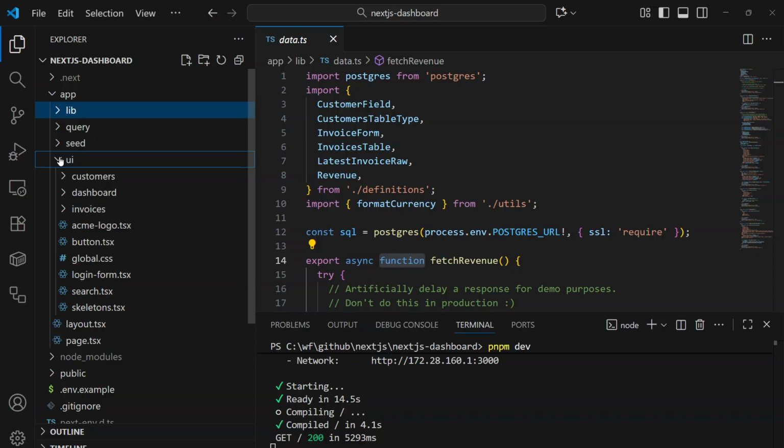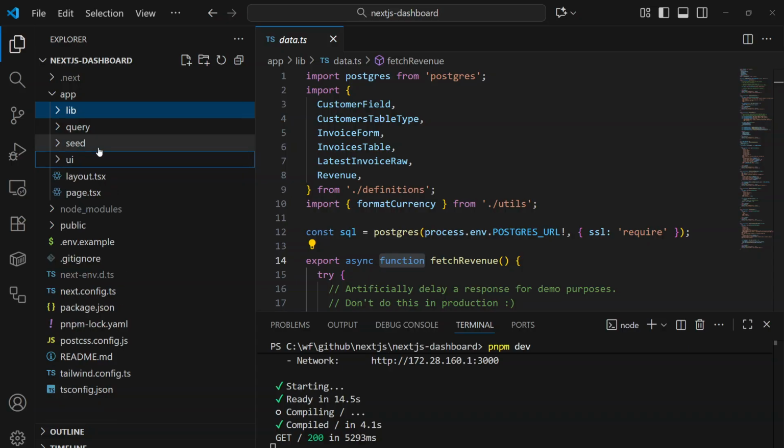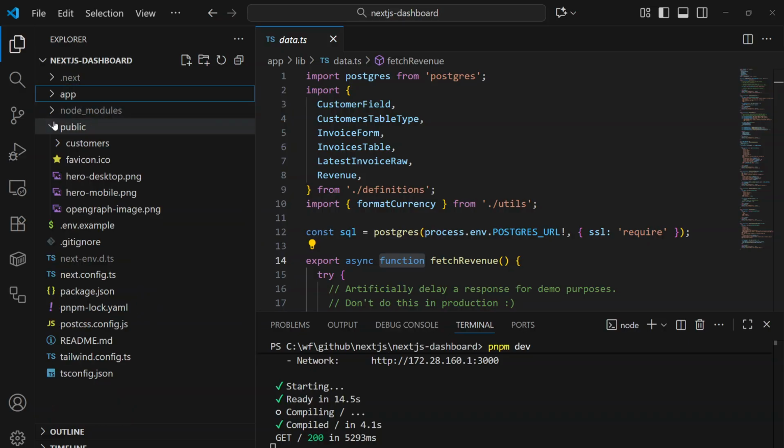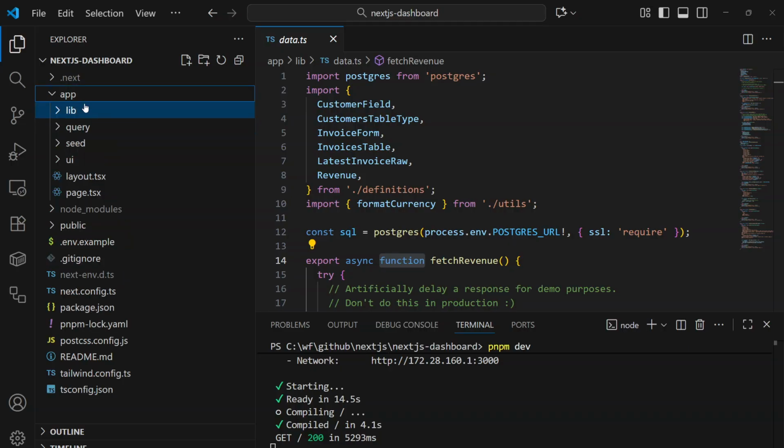With this done, we have a public folder. It contains static assets, I would say, like any images or something. So you can see over here. Then we have config files. So let me close this and go to the